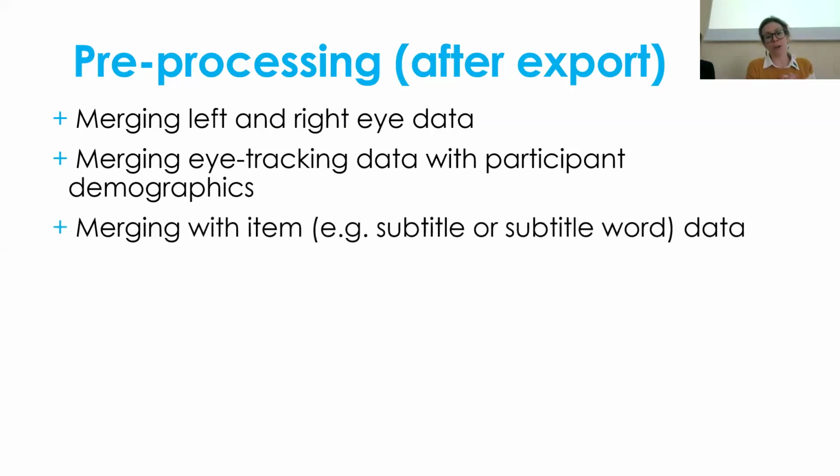You might want to merge in item information, so subtitle words. So we typically, for example, when we are dealing with words, even in normal text processing, you may want to add things like word frequency, word length, word predictability, word concreteness values, this kind of information. Or when we talk about subtitles, we might want to know where this word was in a subtitle that has one line or two lines, because two lines imply return sweeps and other types of eye movements that you want to be aware of, and where on the line the word was appearing, in the middle, at the beginning, or at the end. What you're talking about now is playing around with the data index rather than